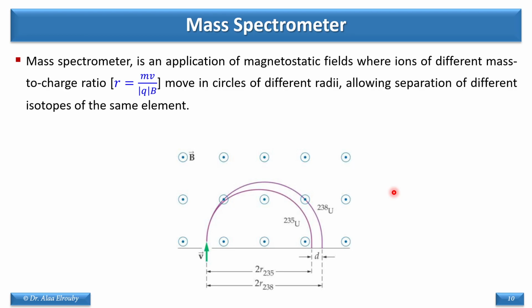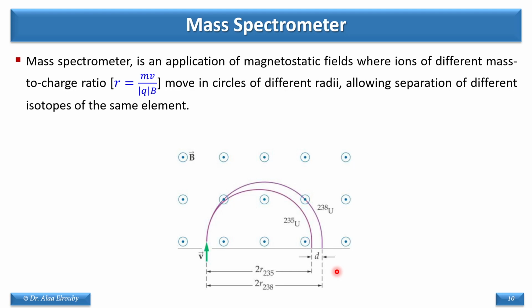If we have some material and we can ionize it, and this material is composed of multiple particles, we then accelerate those particles and throw them into a perpendicular magnetic field. Each ionized item will have its own circular path with a radius that is related to the ratio. All of them are at the same speed, and all of them are exposed to the same magnetic field. So the ratio of m over q, mass to charge, will cause